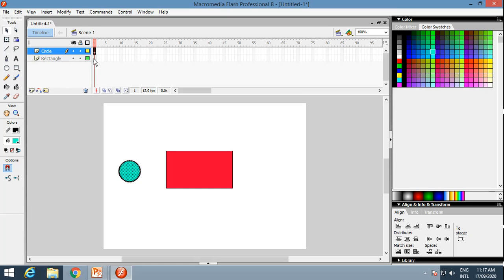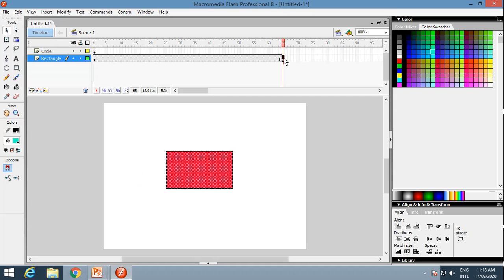Now I want to move this circle around this rectangle. So I will just extend this rectangle throughout some frames. Now I will convert this frame to keyframe. For that I will just press F6 from the keyboard, so that it will be converted to keyframe. Now what will happen for this?